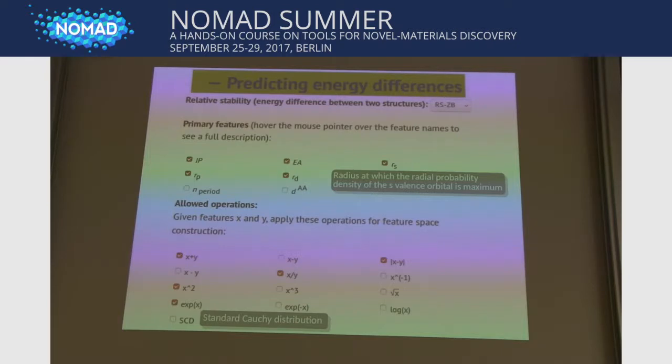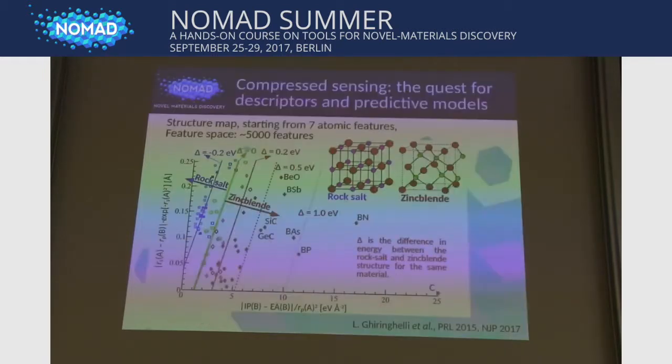Here it is a bit blocked, so you can choose only this, but in real life, you could use this with a little bit of adaptation and plug in whatever you think is important in both kinds of sets. And there are tooltips that tell you what something is if it is not immediately clear, like EA, IP, and so on. You run this and you find the solution, which is basically the descriptors,